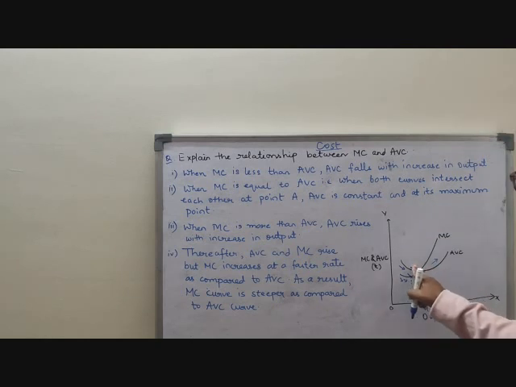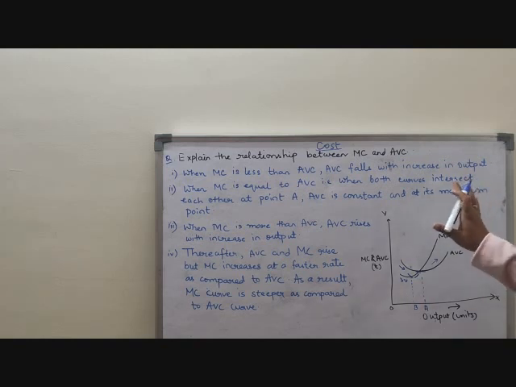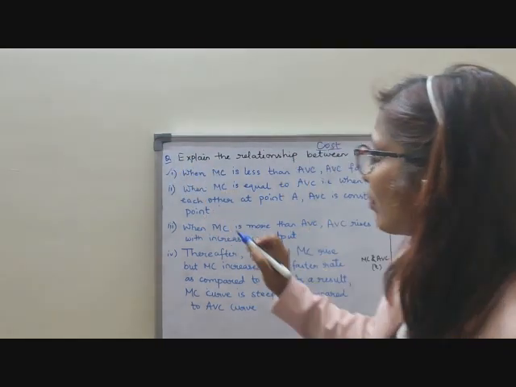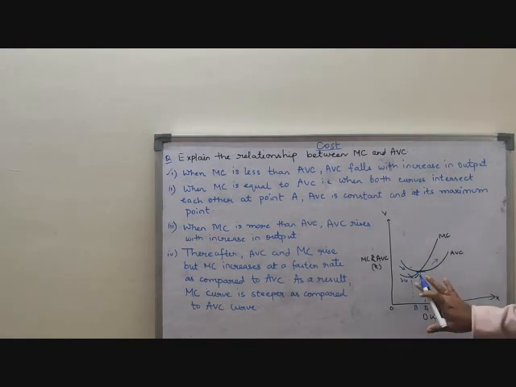Whereas marginal cost is rising, but you see here average variable cost is still falling. So what I can see here is that when marginal cost and average variable cost fall, marginal cost will be less than the average variable cost with the increase in output. So I hope I have cleared. Clear? So both will fall, but marginal cost will be below average variable cost.